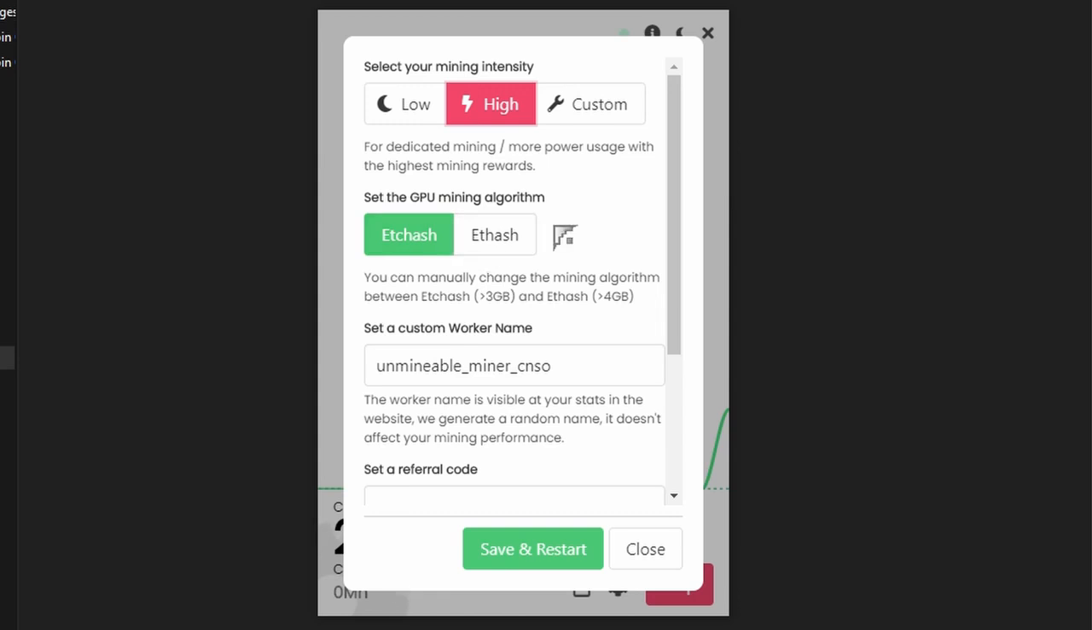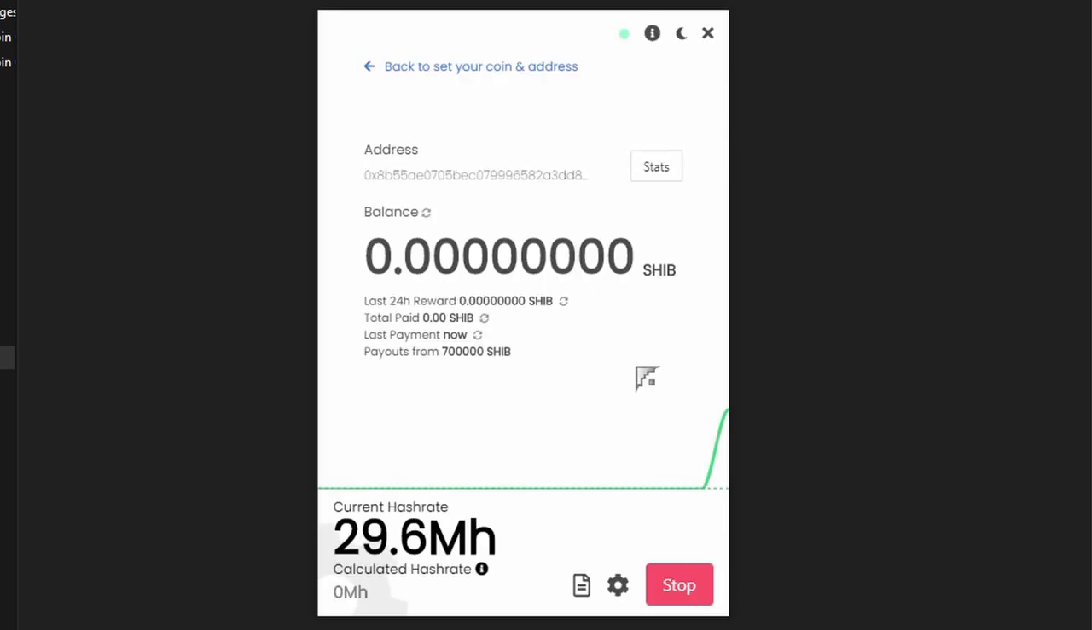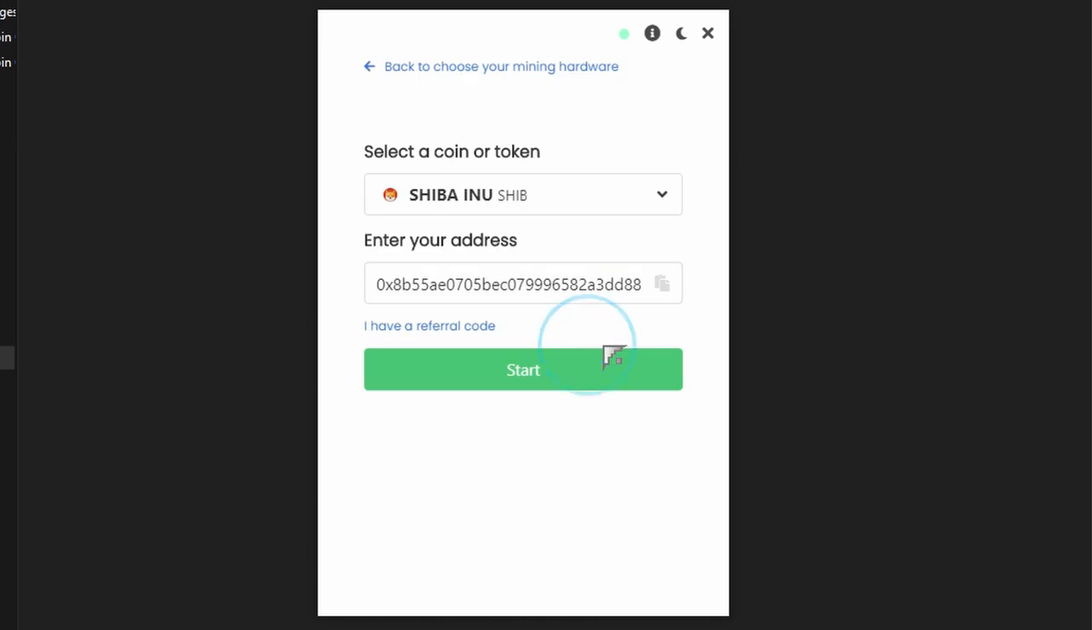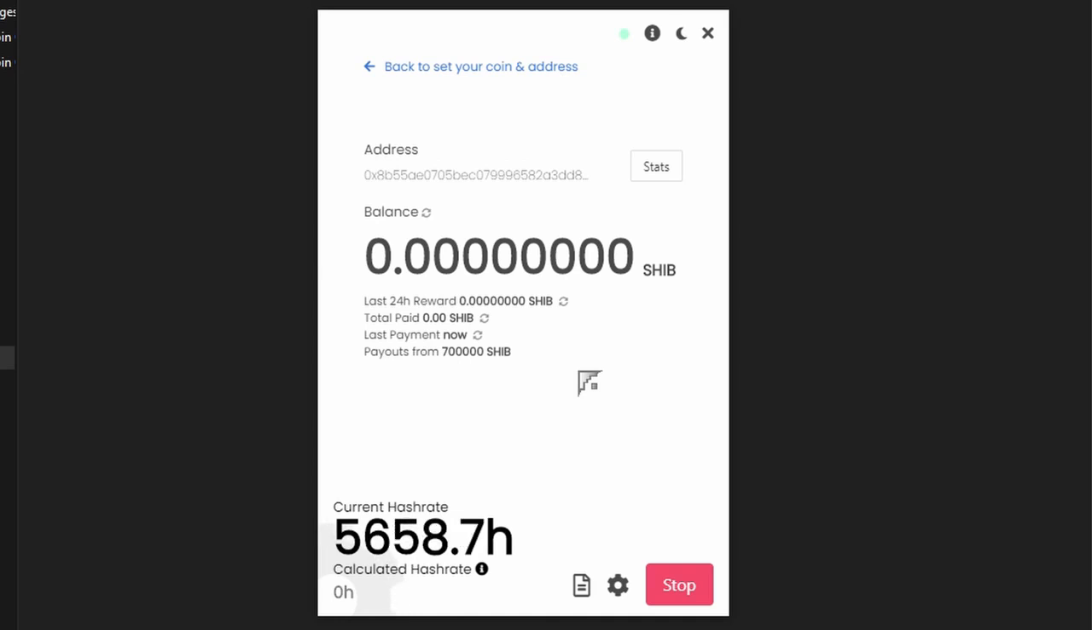And if you change any of these settings, just click on save and restart. Next, I'll show you how to mine with your CPU instead. Just click on back, click back again, select CPU, click next. Shiba token and our wallet address are still selected, so we'll just click on start. And after you give it a minute, you can see now via our hash rate that we're mining with our